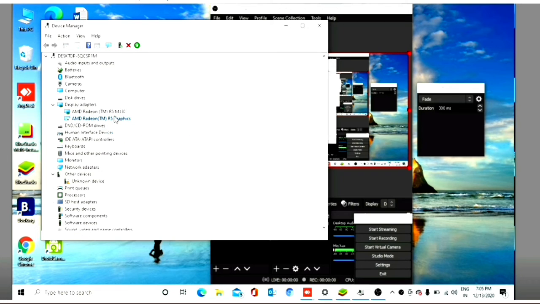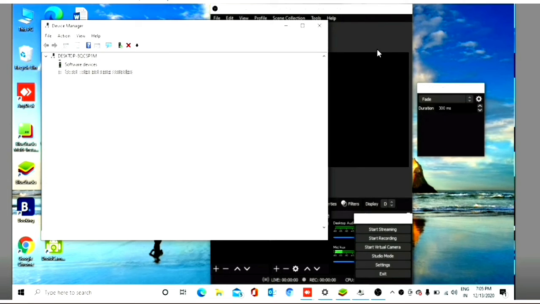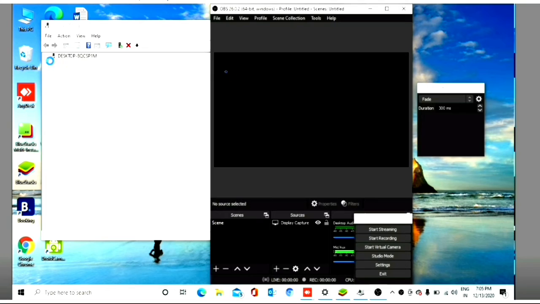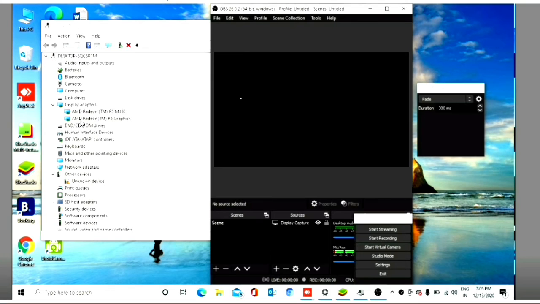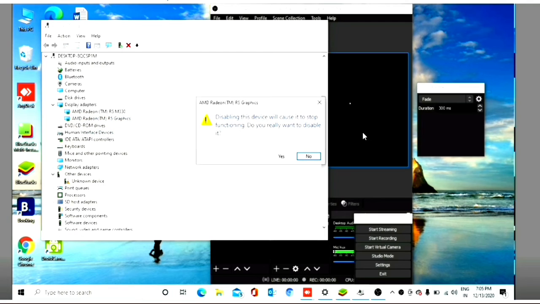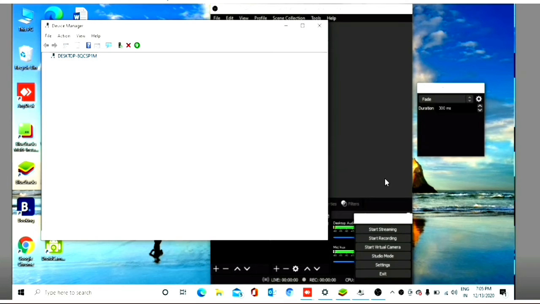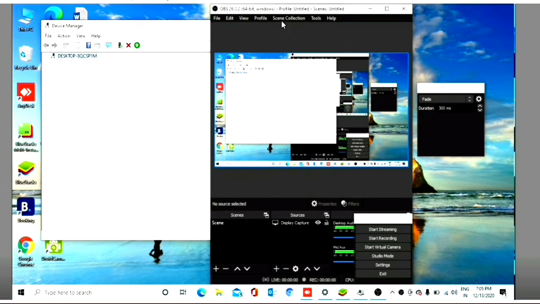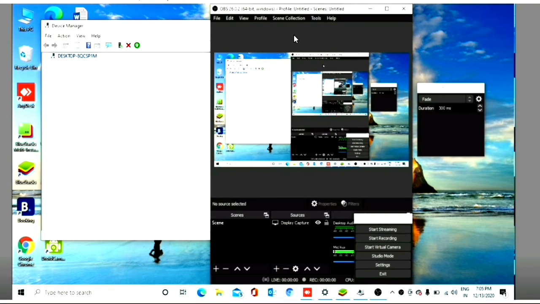Once again, I am enabling the graphic card. Again my display will go as soon as my system gets refreshed, but as soon as I disable my graphic card, you can see again my display capture device is active, and you can use your OBS screen at your best from here on.